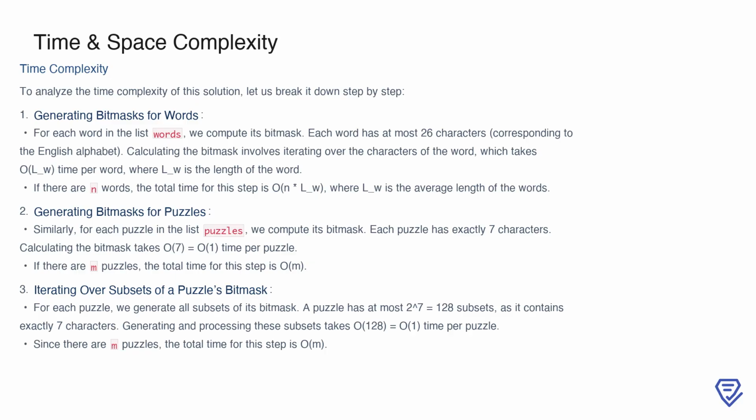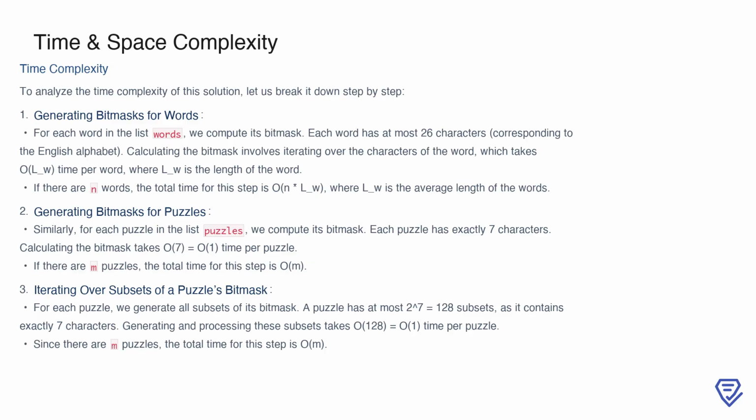Now, moving to puzzles, each puzzle has exactly 7 characters, and calculating a bitmask for a puzzle is constant time, O(1). With M puzzles, the time required for this step is O(m). Another crucial operation is iterating over all subsets of a puzzle's bitmask. As each puzzle contains 7 characters, there are at most 2 to the power of 7 subsets, which equals 128. This means generating and processing subsets takes constant time per puzzle, O(1), and across M puzzles, this step also contributes